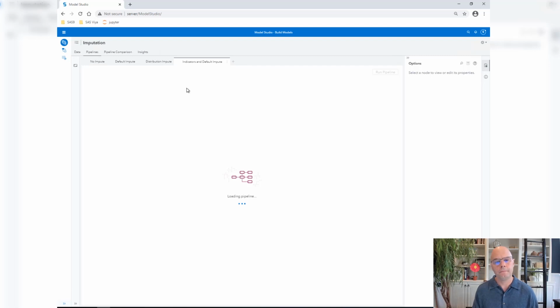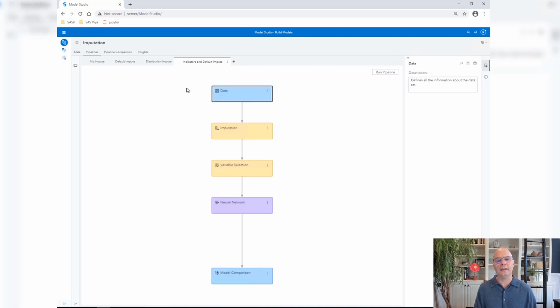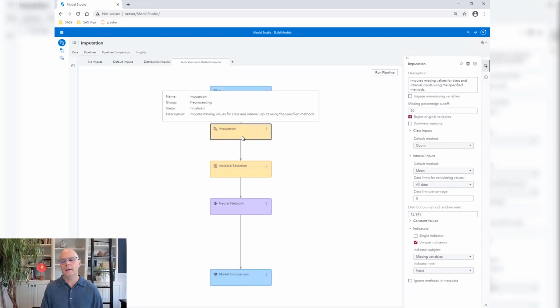and now we'll look at the final pipeline, which I will need to run. This final pipeline I've called indicators and default impute. Let me show you what I've done in the imputation node here. Now, in terms of the imputation methods, I've stayed with the defaults, count for class inputs, and mean for interval inputs. But here I've created those missing value indicators. Look a little bit further down in the properties panel under indicators.